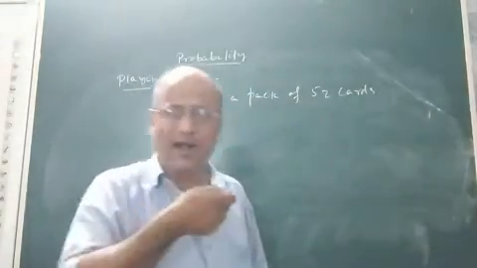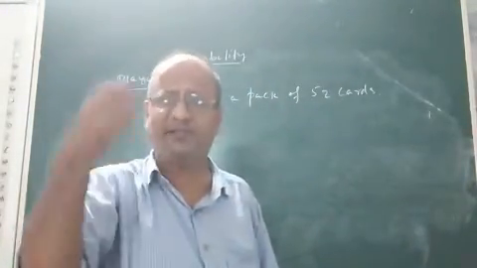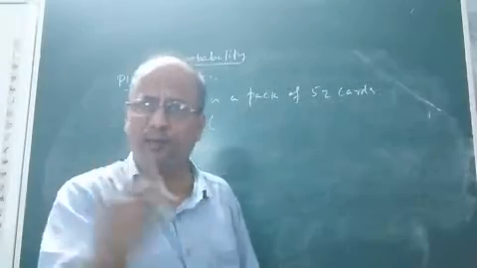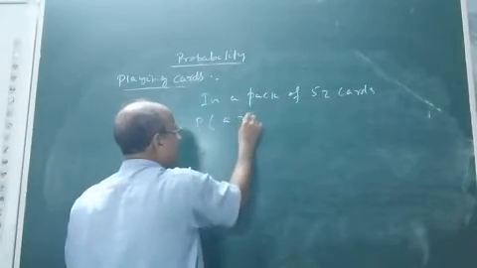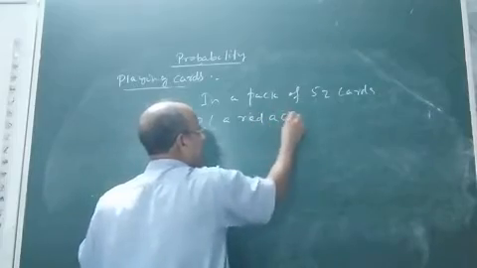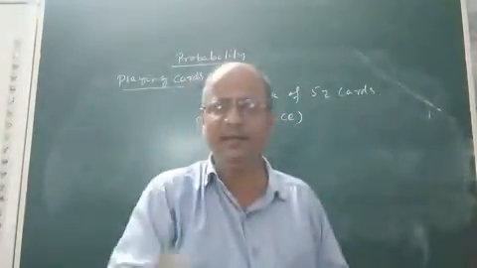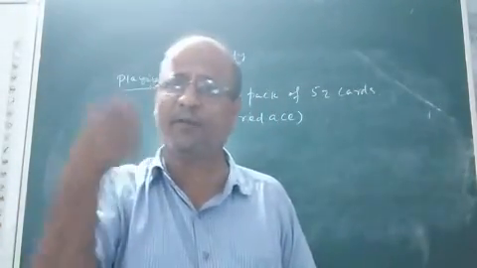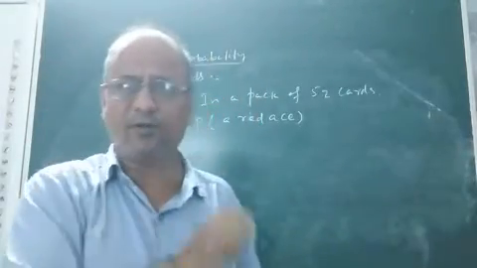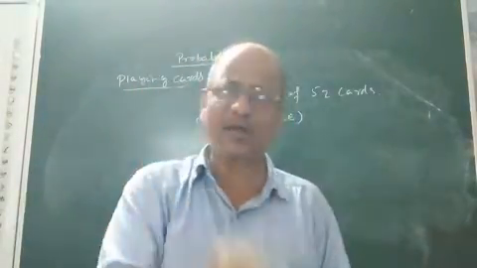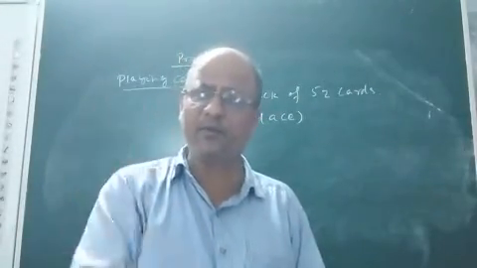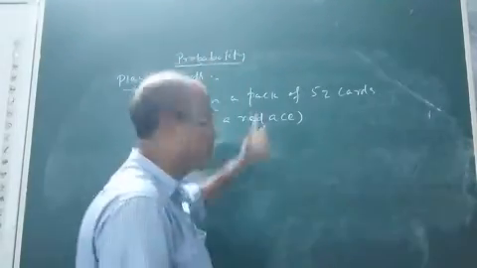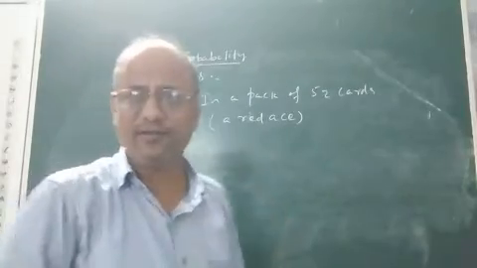What is the probability that if a card is drawn randomly from a well shuffled pack of 52 cards, it will be a red ace? That means it will be a red Ikka. Children, I hope you understood the meaning. You are given 52 cards and you are asked to well shuffle it. After well shuffling, if you are asked to draw a card randomly from the pack, what is the probability that it will be a red ace? How to do this? Let us see.